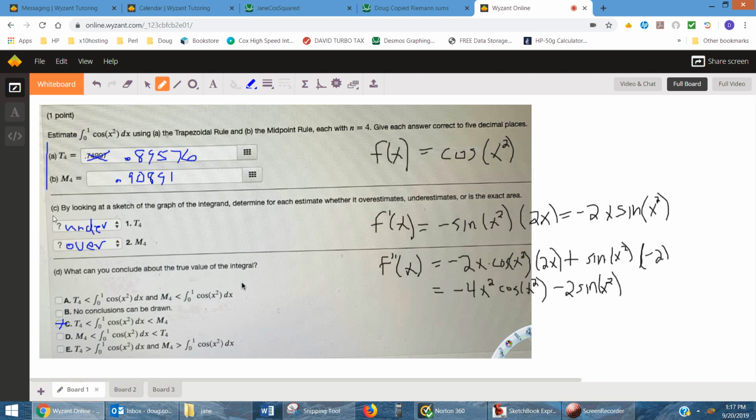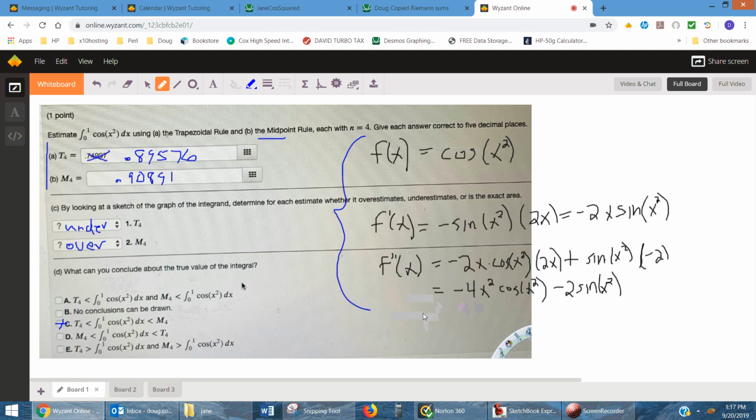And I have, for part C, trapezoidal rule for 4 intervals as underestimate and midpoint rule as an overestimate, which leads to this conclusion for part D, and that's C. And in these problems where you're going to use the trapezoid rule or the midpoint rule, you might want to consider finding the second derivative. I don't know if you're allowed to use a graphing calculator to find information about that second derivative, but the truth is that